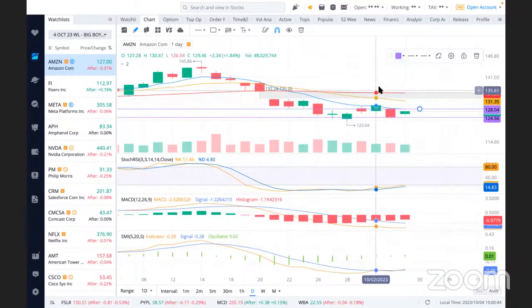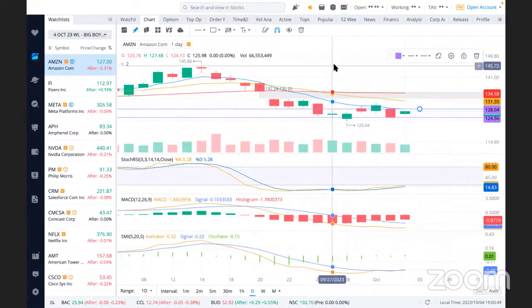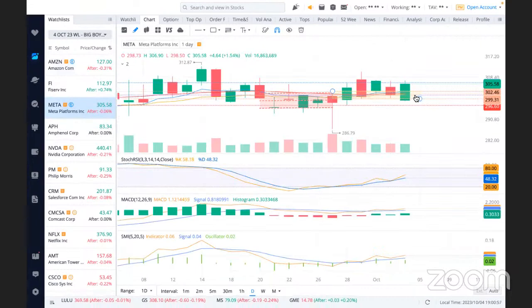All right, now I did that. I'm going to pick out of my scanner. I'm going to pick 5 stocks that I like. I'm going to go ahead and pick Amazon. I like Amazon. I'm going to pick Meta. Meta's given us an inside bar